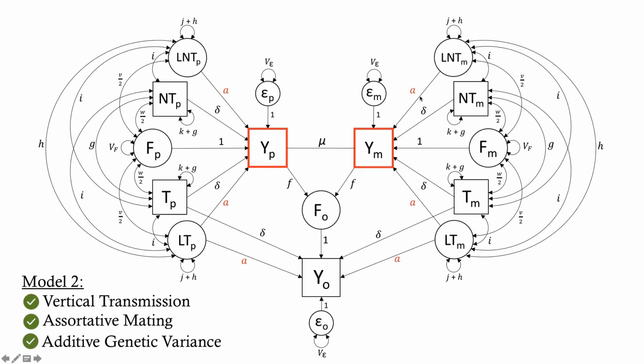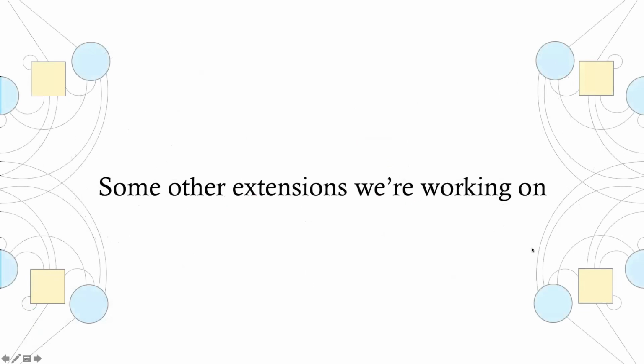So that's Model 2. And finally, I'm going to go over some other extensions that we've been messing around with in rapid fire succession. I just want to preface this by saying that most of these models are versions of SEM-PGS that we've been thinking about, but have yet to formally test. So I can't speak to the validity of all of them, but I hope they still provide a showcase of the different ways that you can make changes based on the data you have and the questions you're interested in. And hopefully that'll motivate some of you to tinker with it yourselves and try to think about ways you can manipulate it to work with the data that you have.